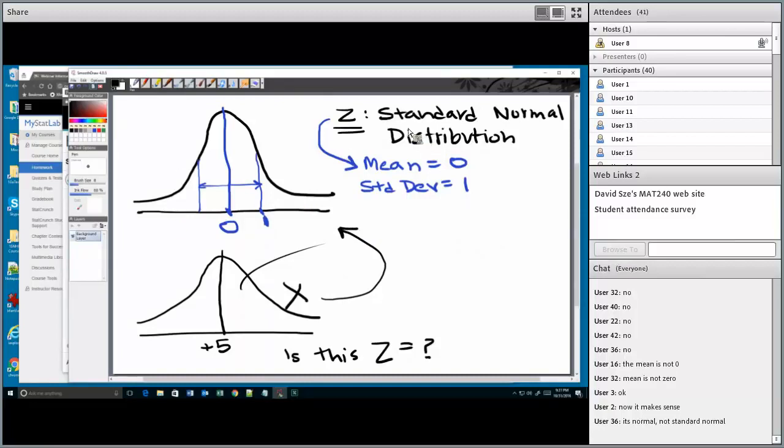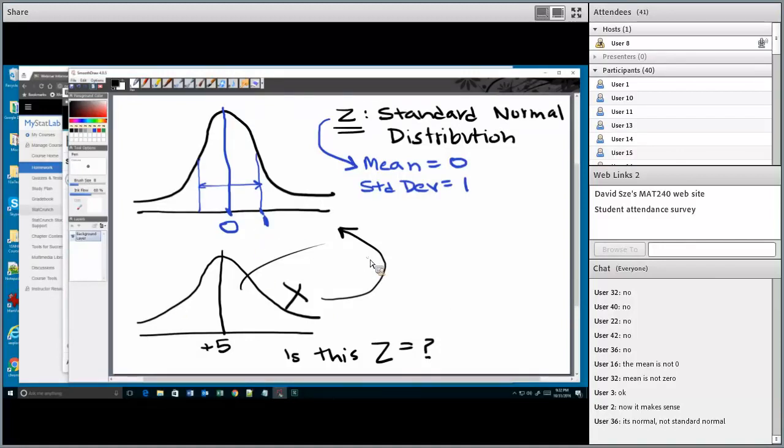This is the reason why we call it standard, because you take any other normal distribution that has whatever mean you have, and you standardize it and you get this distribution, okay? Whatever distribution you have, you can standardize it. Now you don't need to know how to do that, but this is the reason why it's called standard, because all normal distributions are converted to Z distribution, and then we do all sorts of calculations that we're going to do tonight.